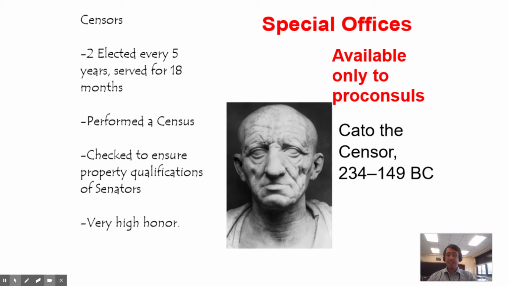They perform a census, which is a count of the population of Rome. And they also made sure that people who were running for office had enough money to qualify for it. There was also a responsibility that they had to make sure that people's morals were in the right way. If somebody was involved in a scandal in politics, they could be kicked out of the Senate, and it was the censors' jobs to do that. It was an extremely important position to become a censor, and it was very high honor for you and your